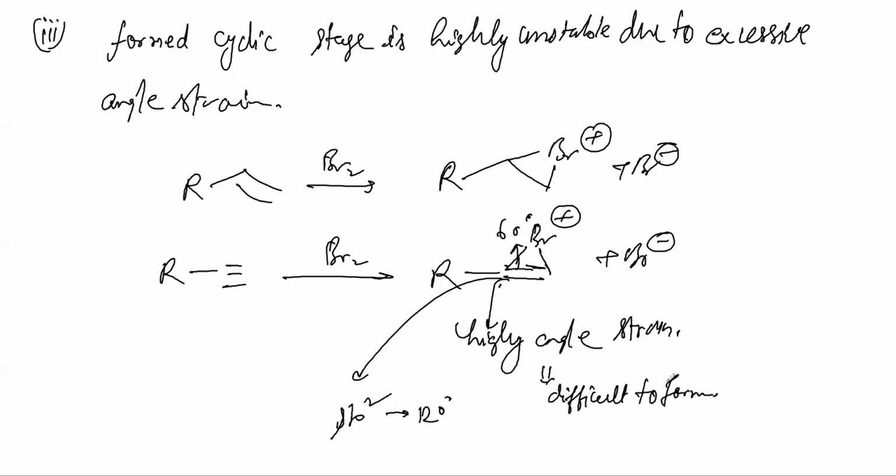Because of these reasons, it is very difficult to go for electrophilic reaction in alkyne. But it's not that if a reaction is difficult, it will not happen. It will happen, but we will have to raise the temperature and go for some difficult conditions. Generally, you will find that almost all the reactions are similar. I will write those reactions one by one, so it would be like your revision as well.